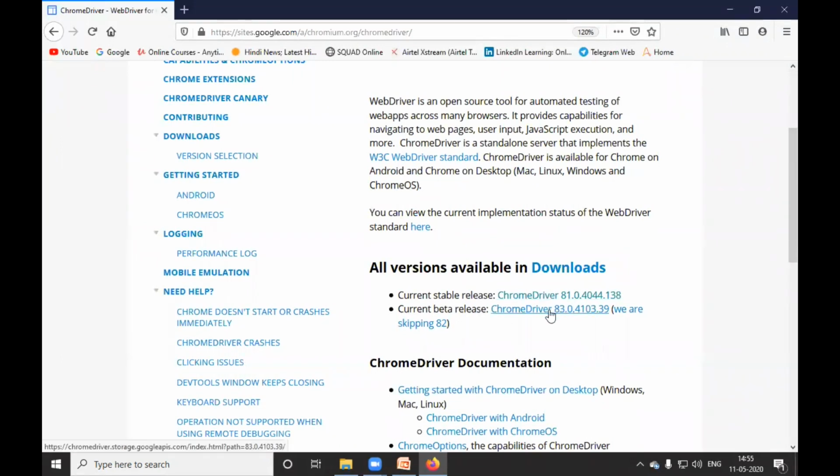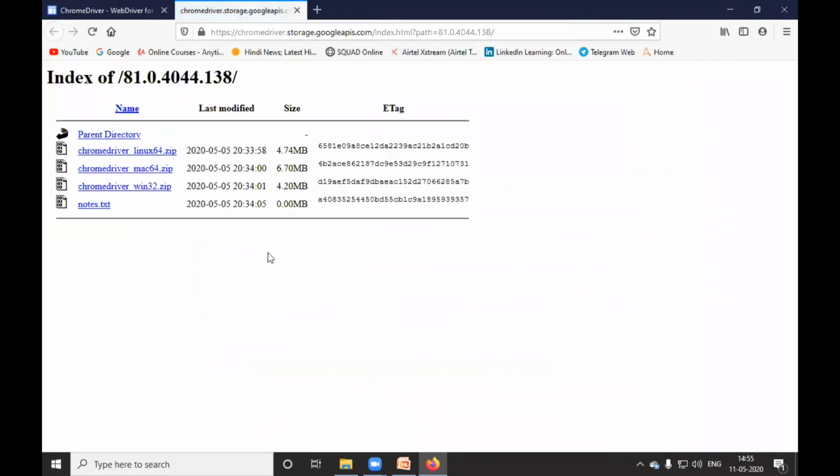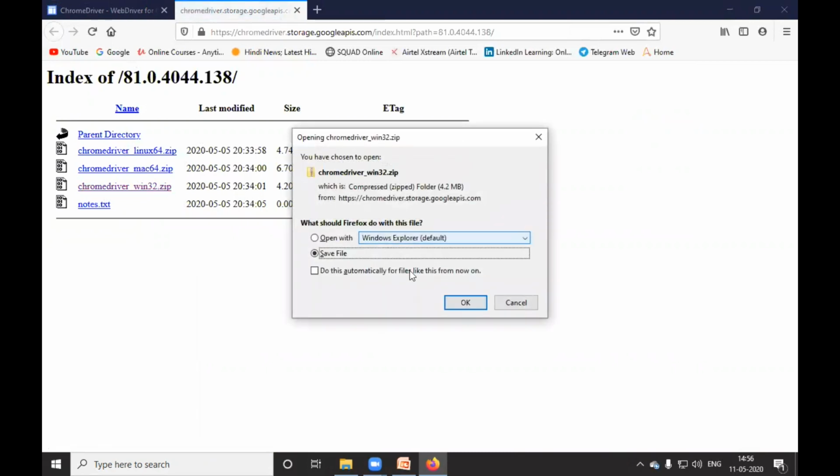This is the stable version, and this is the beta version, which is not stable. I will click on the stable version. It will move to the next tab. Here you will find Chrome driver for Windows 32-bit, but it works on 64-bit as well. If you click, downloading will start. Click on OK for downloading, but I will not click on OK, since I have already downloaded it.